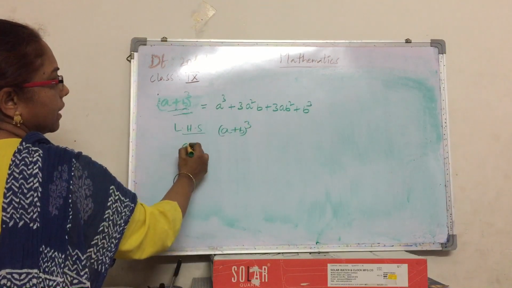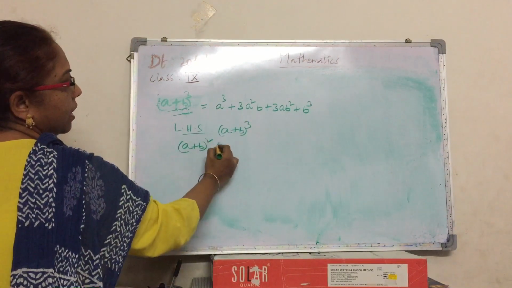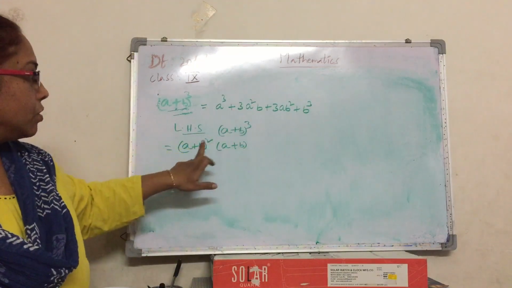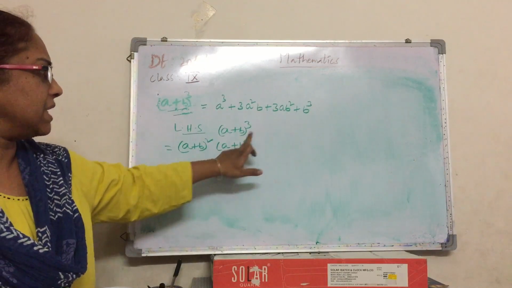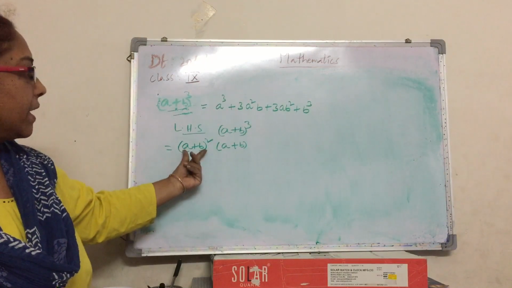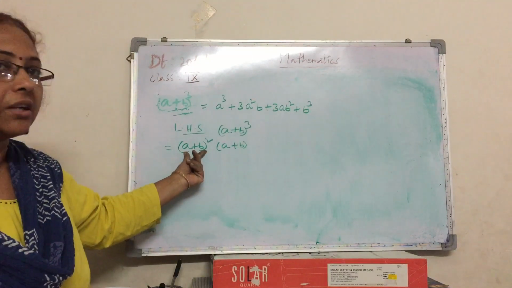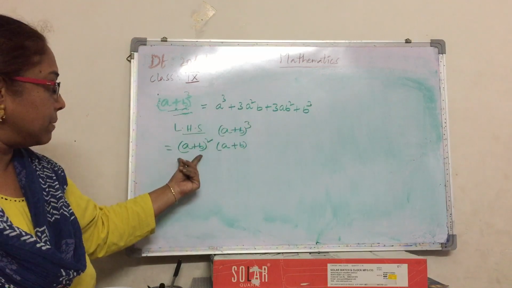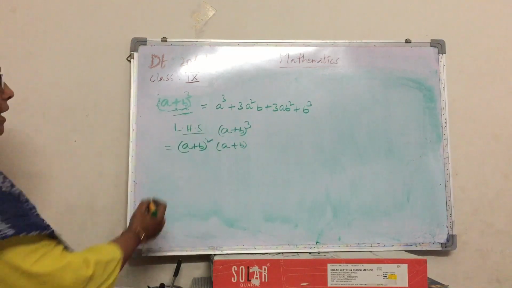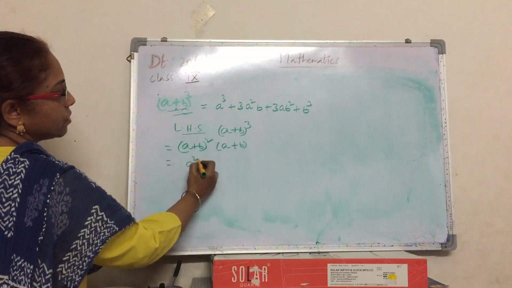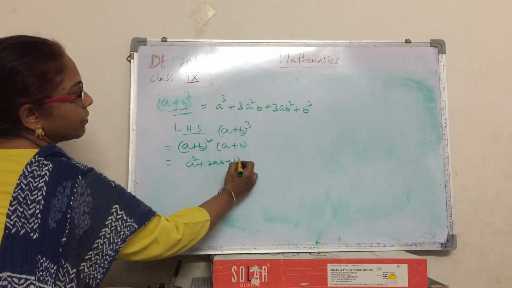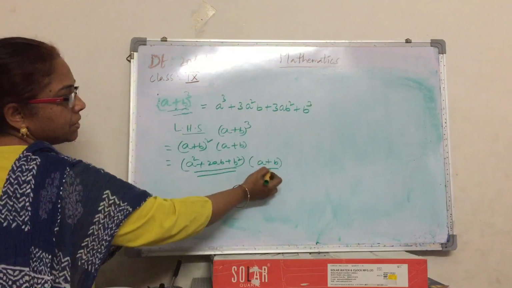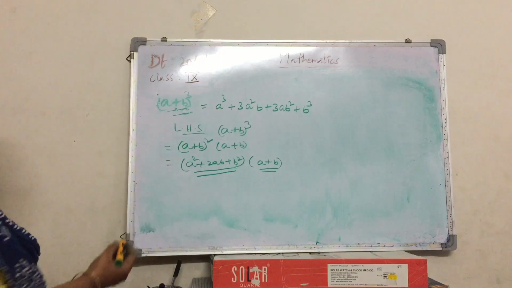Now expand this. Here how to write a plus b whole square into a plus b. Here 3 times it's there. So we have to expand a plus b into a plus b into a plus b, and also we can write, because we know what is a plus b whole square, so directly we can apply that one. So we are splitting this a plus b whole cube as a plus b whole square into a plus b. So already we know what is a plus b whole square. A square plus 2ab plus b square, and multiply this. Now same. So this is a trinomial, this is a binomial. We know how to multiply this.